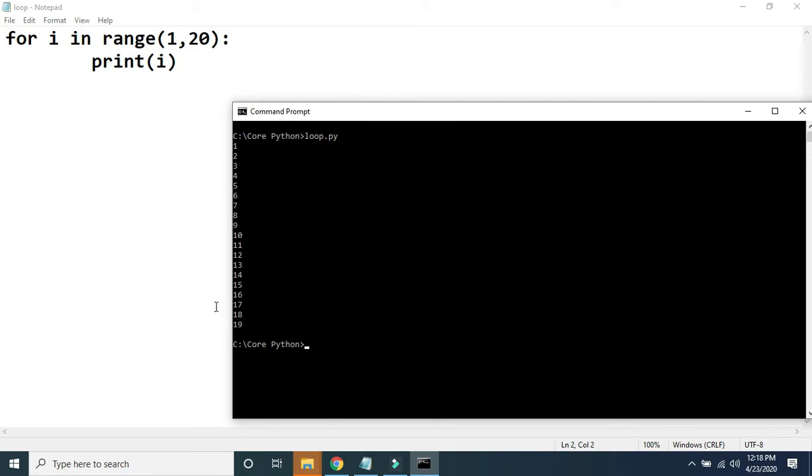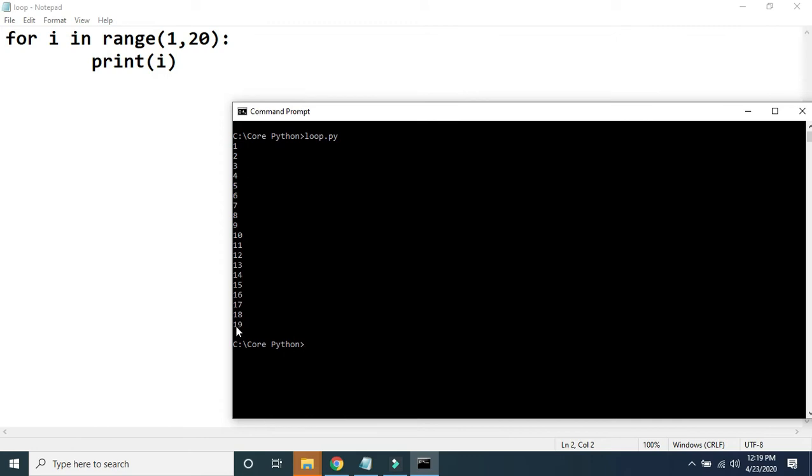What I said in my previous video is how the interpreter will execute this for loop. The initial value of I will become 1, and then it will automatically check whether 1 less than 20 is true, then come inside and print I as 1. Then control goes back to the for, and one will be added to the previous I, so the new I will become 2, less than 20 true, so it will print 2. Likewise, when the value of I becomes 19, 19 less than 20 is true, it comes inside and prints the value of I as 19.